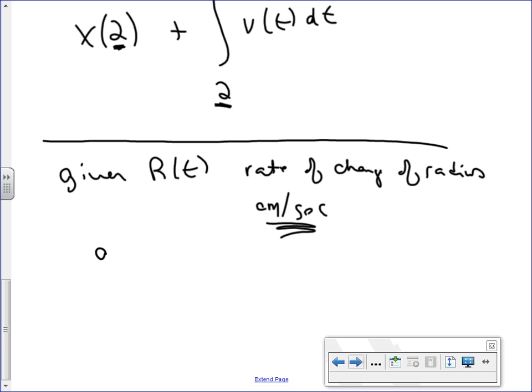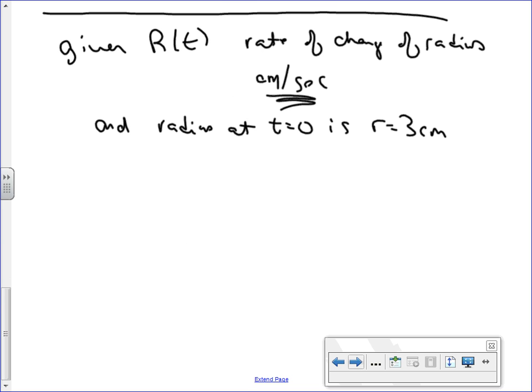And then I'm also going to tell you that the radius at time 0 is r, I use a small r for radius, small r for square centimeters. So at the beginning of the problem, this radius is 3 centimeters, and I'm going to give you how it's changing. Okay? So if I asked you to find the average rate of change